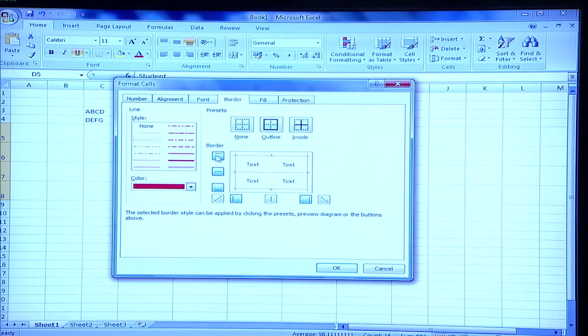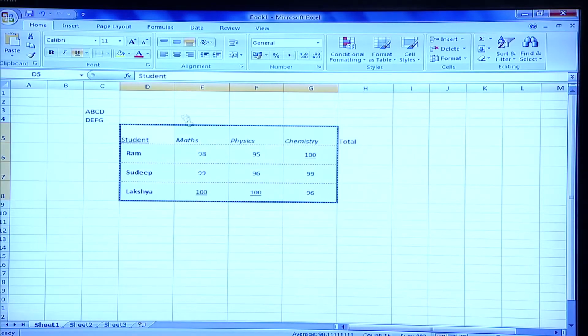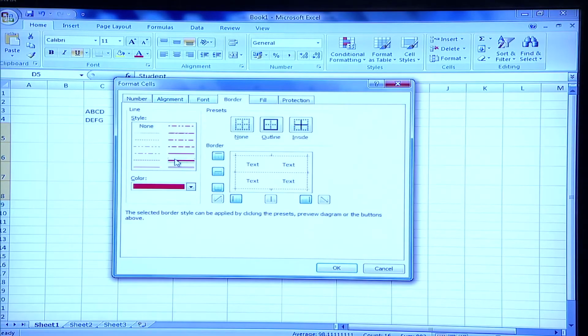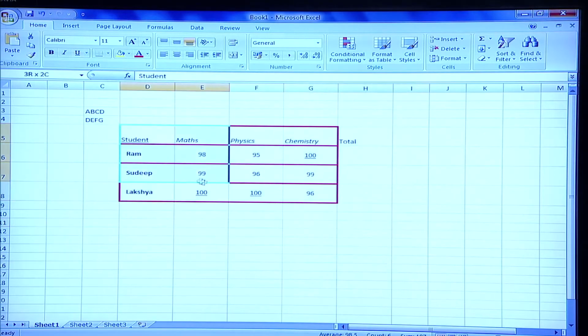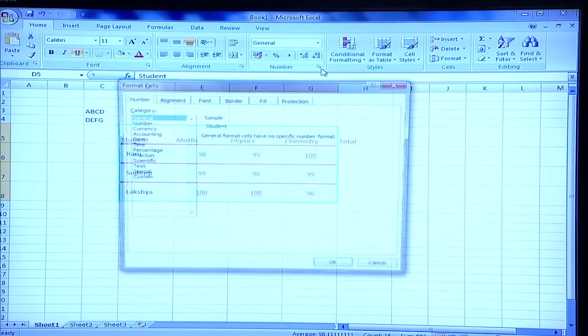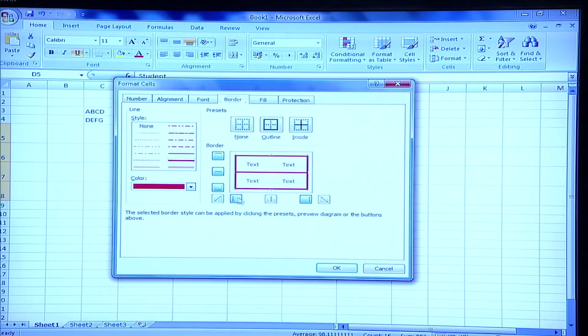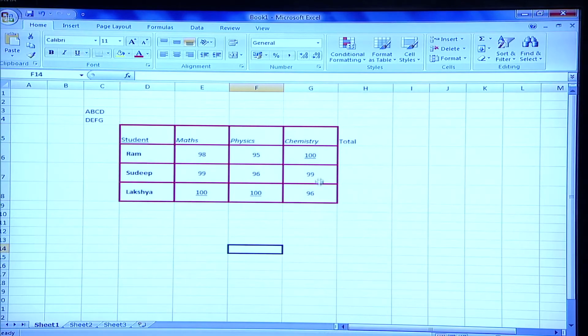So these are various arms of the particular cell. There are 4 arms: 1, 2, 3, 4. So this will do the outline. But if you also want to select the border inside the worksheet, then you have to select this as well. Let me just demonstrate. Let me make it bolder so that you are able to appreciate. So what I have done, I have selected a bolder line. See, so this is the way it has come. So this is for border. I will also select this to make it more complete.